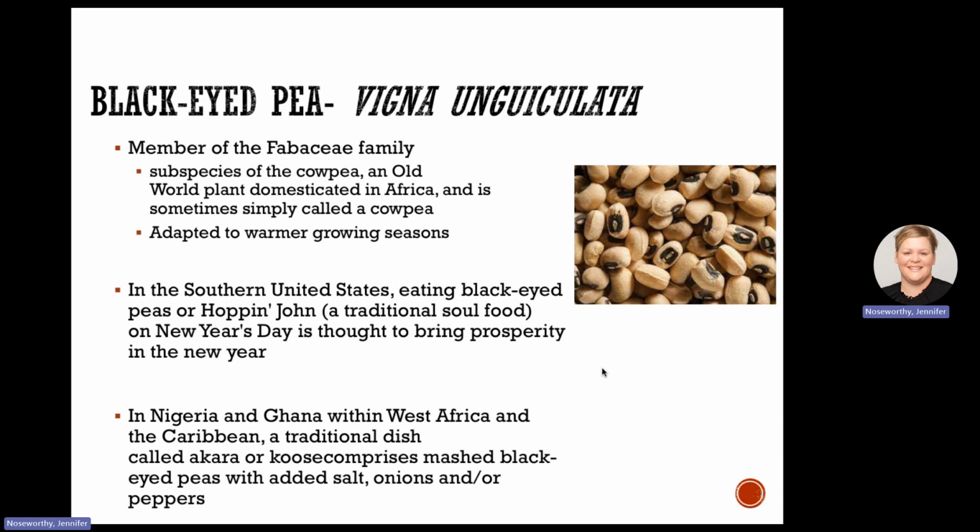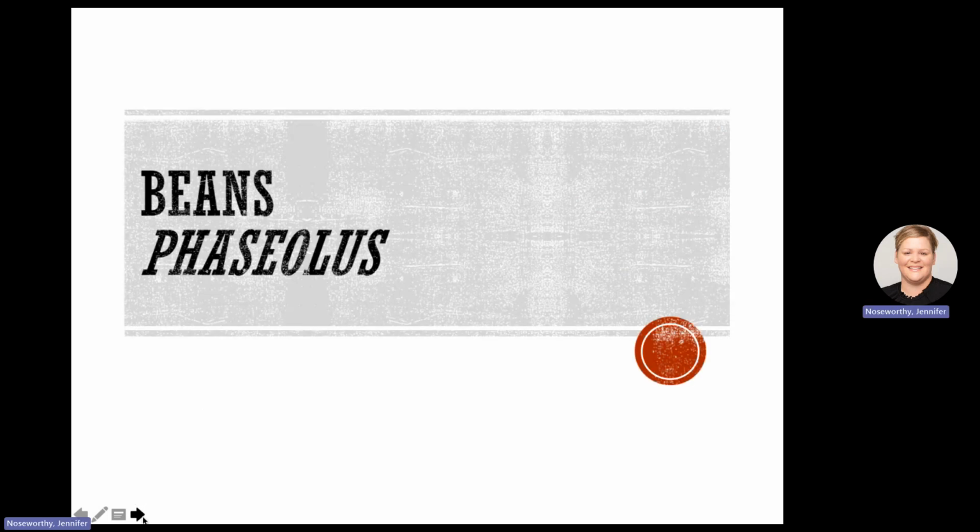And it's very popular in Nigerian and Ghanaian cooking in West Africa, as well as the Caribbean. And it's just simply, in some cases, mashed black-eyed peas with salt and onions or peppers. So that's a little bit about peas.